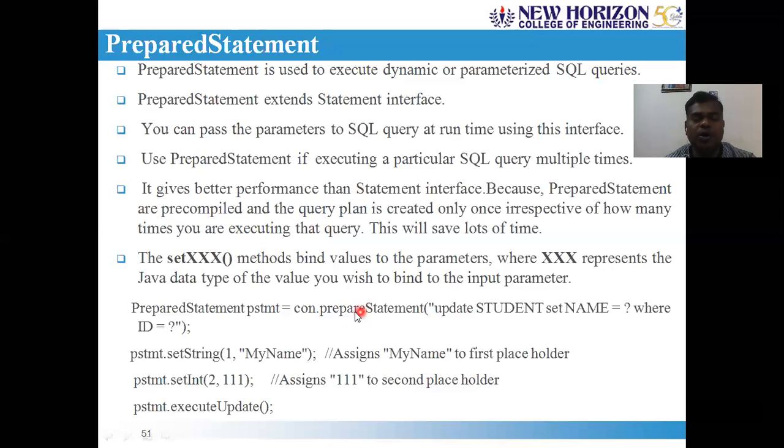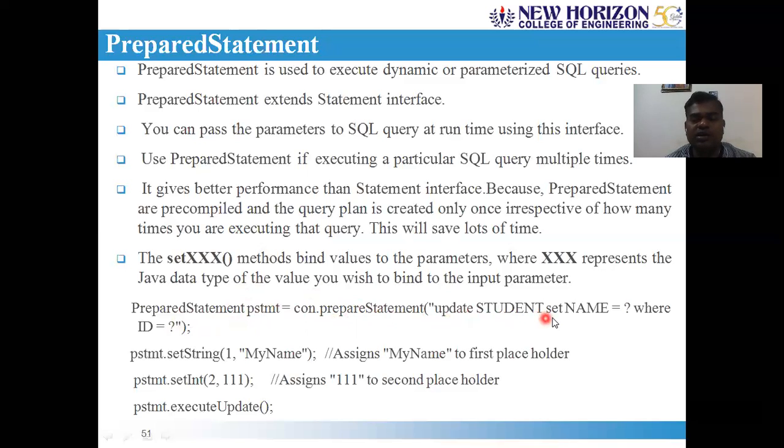The prepared statement object is returned and that will be assigned to the variable. This variable must be of type PreparedStatement interface reference variable. And the argument for this must be the pre-compiled query.